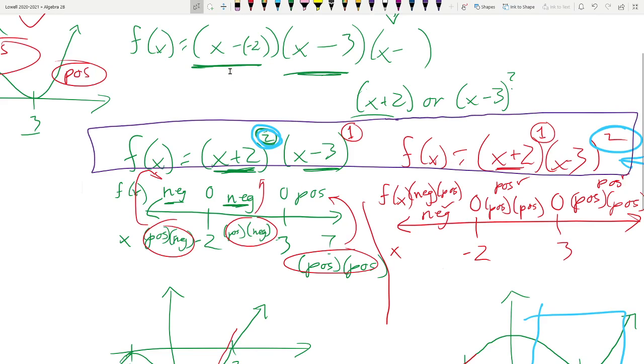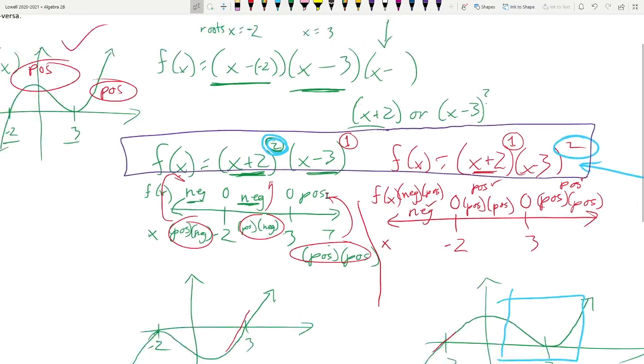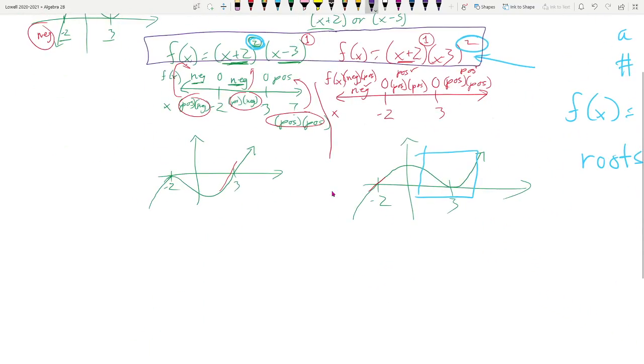These are third degree polynomials, so they should have 3 roots. But notice that they don't, they only have 2. So we're going to fine tune what we said before, where we said an nth degree polynomial